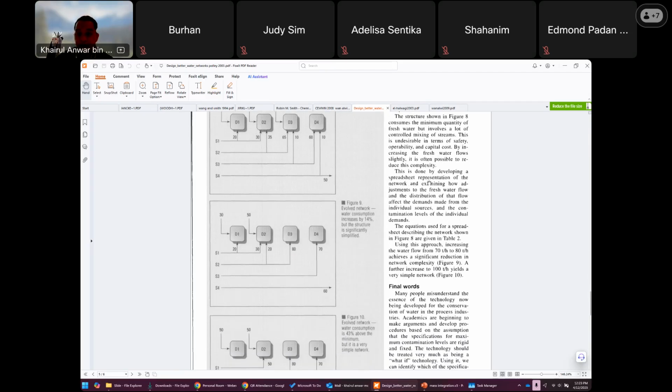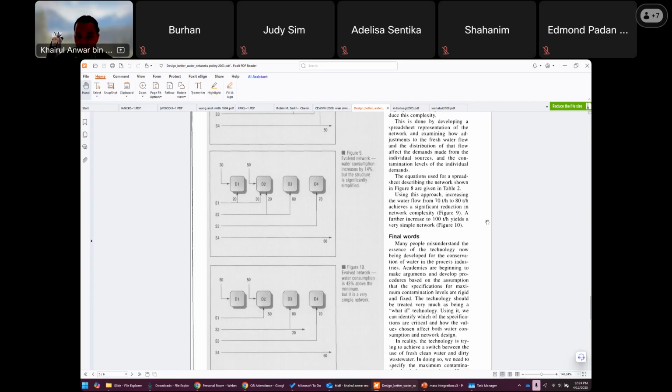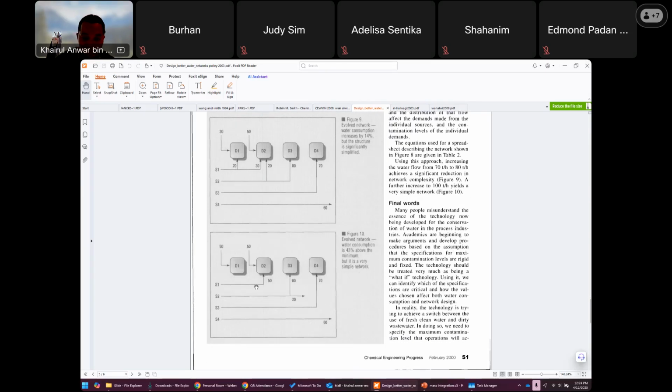This is done by developing a spreadsheet representation of the network, involving how adjustment to the freshwater flow rate and the distribution of the flow affect the demand made from the water source and the contamination level of the new demand. So by increasing freshwater flow from 70 in figure 8 to 80 in figure 9, we achieve a significant reduction in network complexity. If the cost permits, increasing up to 100 ton per hour gives a very simple network. You see, fresh water goes directly to the first sink or first demand, and source one goes straight to demand number two or sink number two with addition